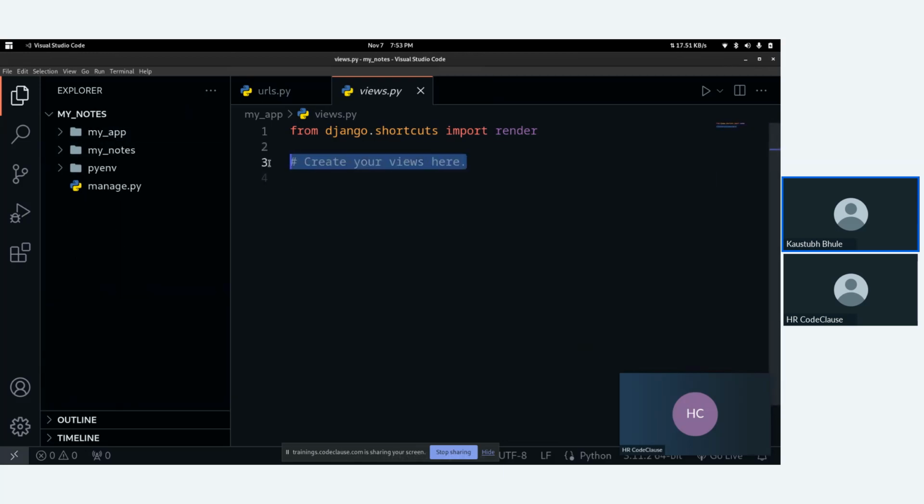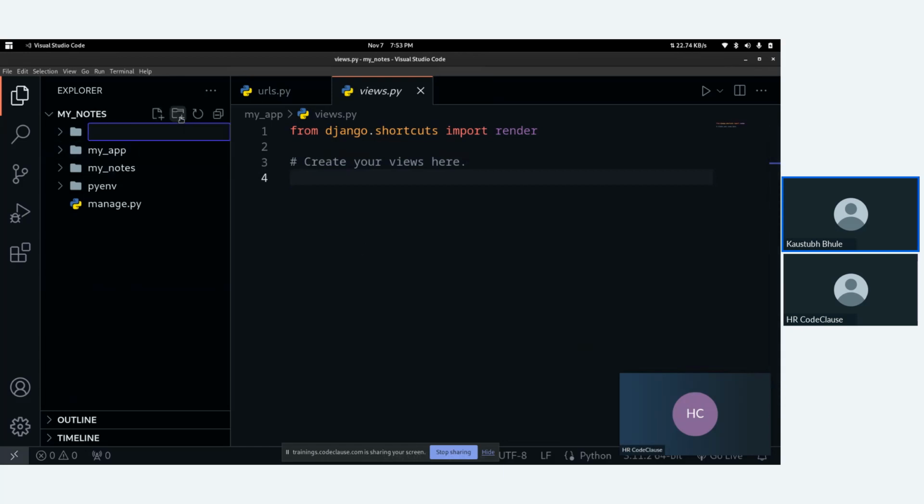So instead of creating some sample function, we will directly jump to our main project. After doing this, we need to connect our templates folder, in which we will save our HTML files, and we need to connect our static folder, in which we will save CSS, JS, and other static files. So for that purpose, first we will just create a folder called templates, and then we will create a folder called static.